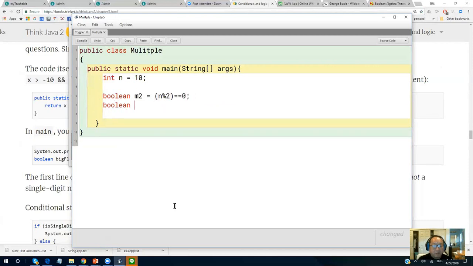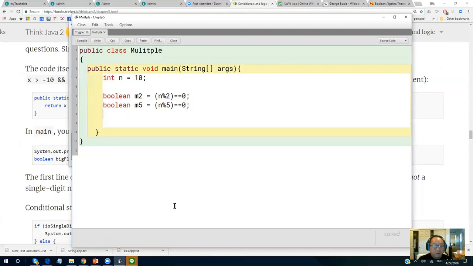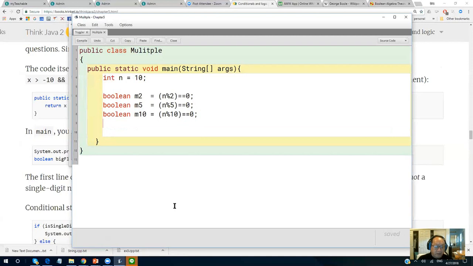Boolean and5 equals n take modulo by 5 equals 0. Boolean and10 equals n take modulo by 10 equals 0. Knowing what I'm trying to do?